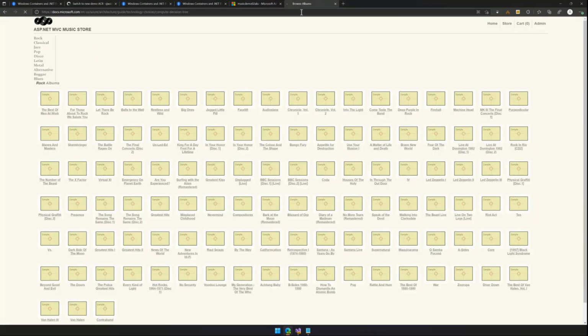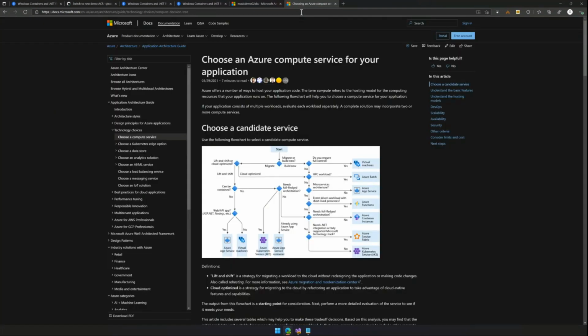I don't know if you've seen this Azure compute decision tree, and it takes you through VMs, Batch, App Service, Functions, Container Instances, Service Fabric, and AKS.